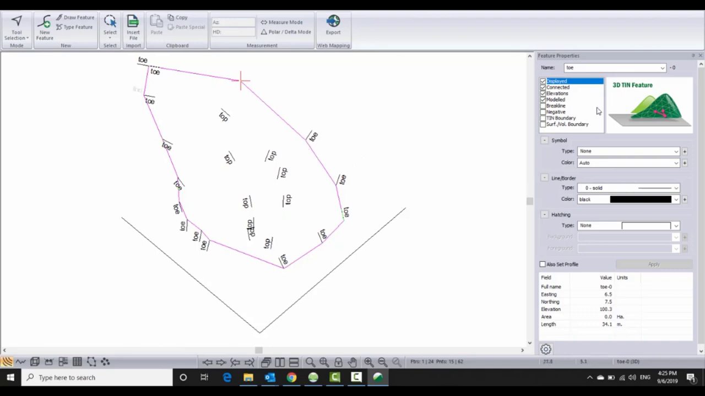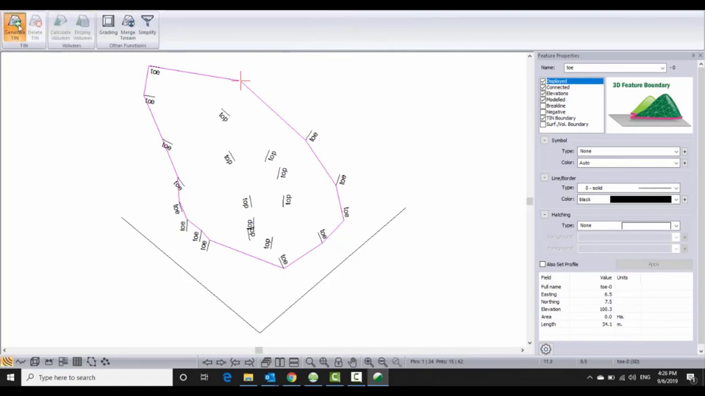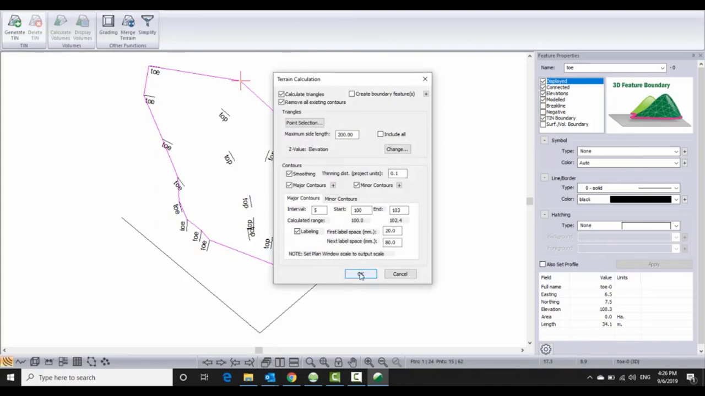One final thing before we do create that surface or that tin model, we need to set our toe to be a tin boundary. And again, we can do that over here in the Feature Properties panel on the side. Now up to our Terrain Modeling tab, press Generate Tin. We can skip the contours and